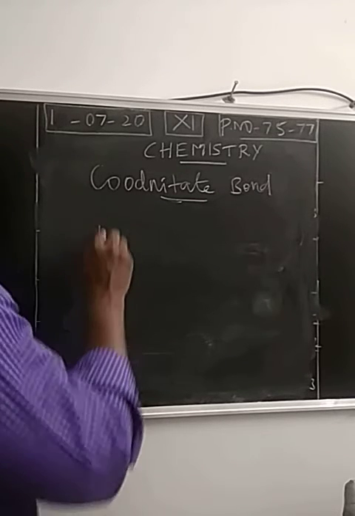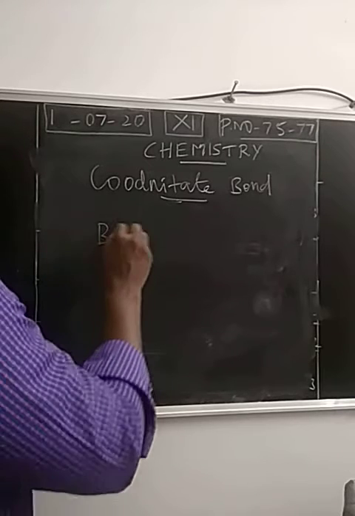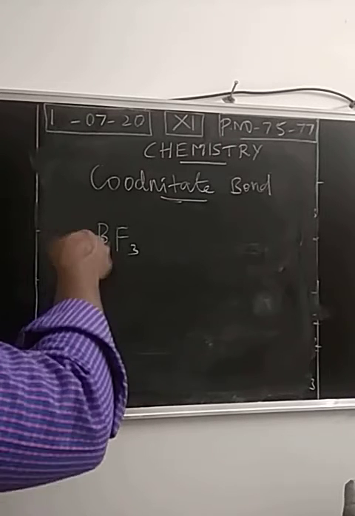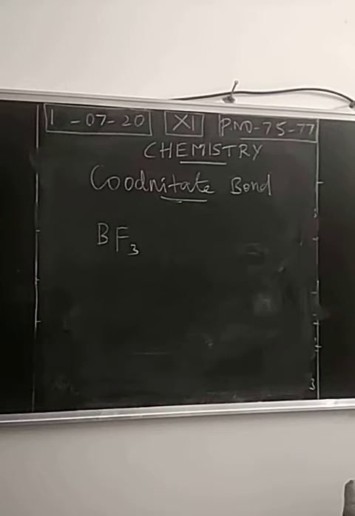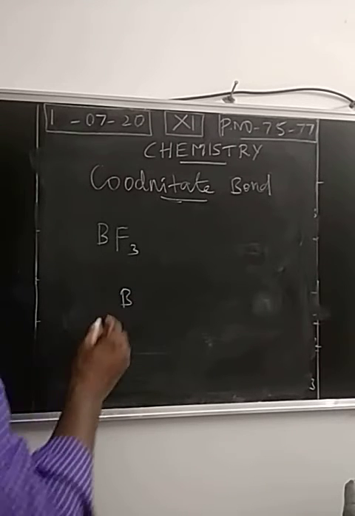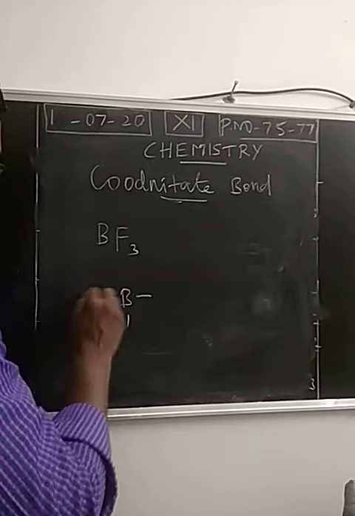So simply observe the molecule boron trifluoride. Last class we discussed that certain molecules will not obey the octet rule. They are stable, at the same time they won't obey the octet rule. A molecule with an electron deficient central atom is an example of a molecule which won't obey the octet rule. So last class we studied boron trifluoride.